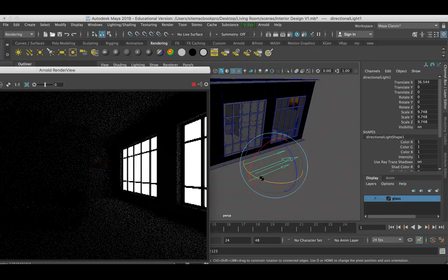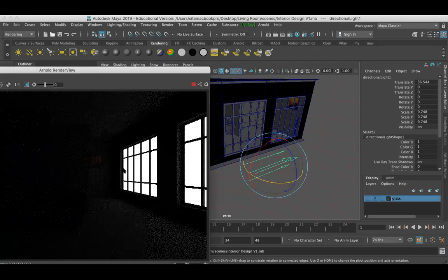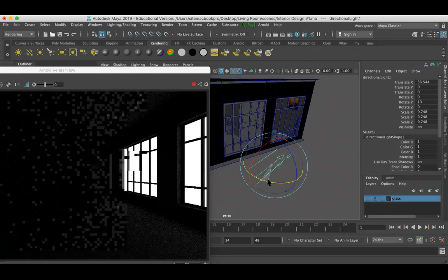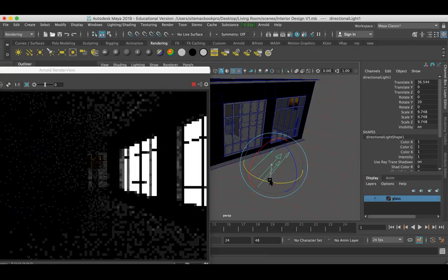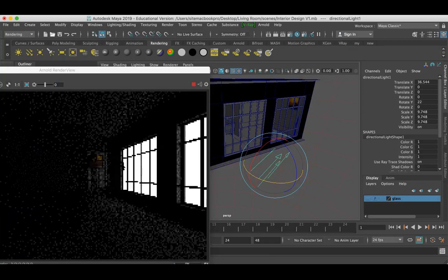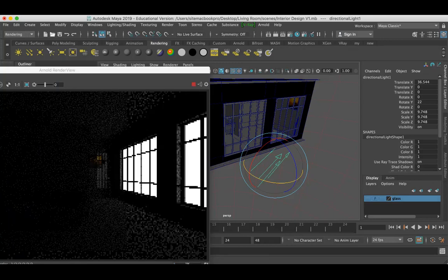Here, I'm going to save my scene before I make some setup. I just want to get some window shades over this wall below the frame. So I'm trying to achieve that through the directional light. Okay, so you can see we got a shade here. And now again, I want to just